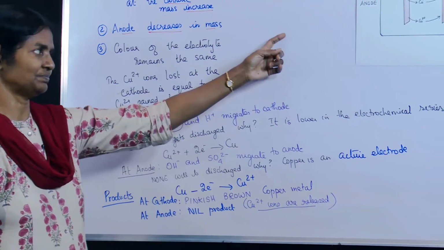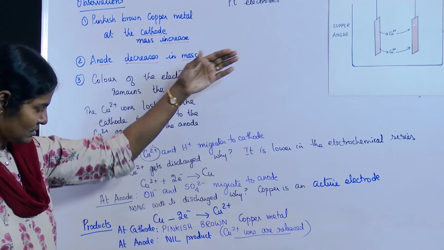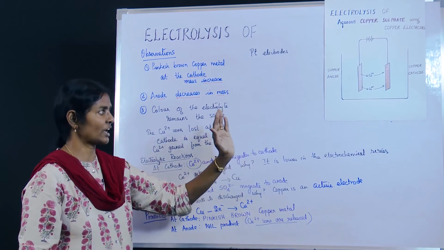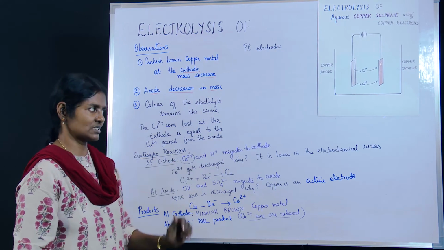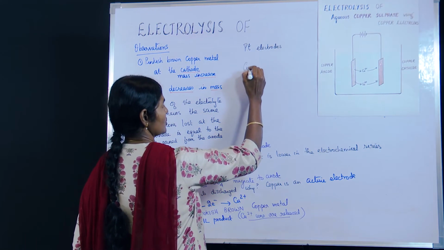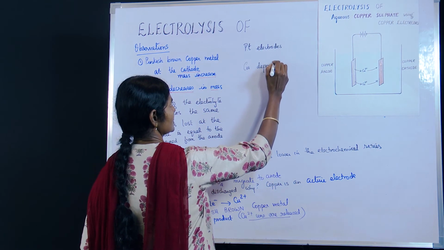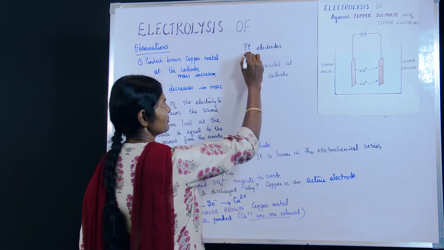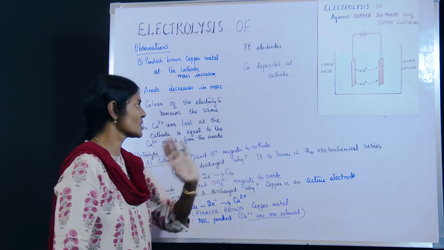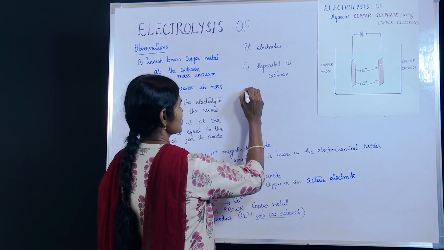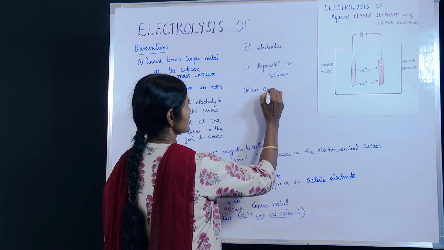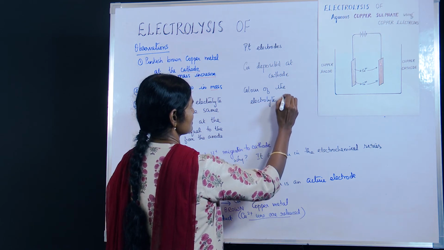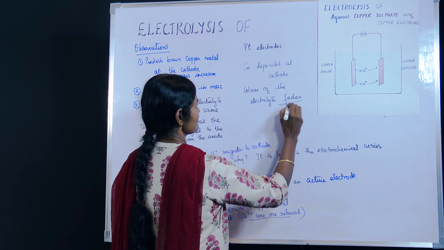Oxygen would be formed here. Now, that does not matter, but what we need to know is copper is slowly removed from the system. So, copper gets deposited at the cathode. But is the anode, when it is made of platinum, does it ionize? No, it does not ionize. So, what happens? The color of the electrolyte fades. There is no compensation, therefore, the color of the electrolyte fades.